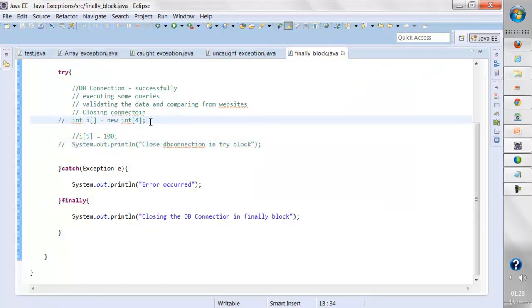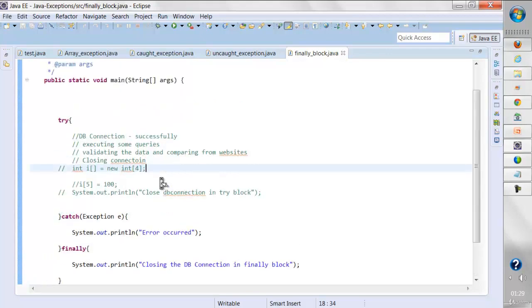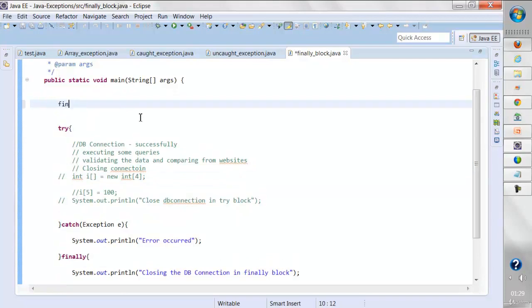In interviews, it is sometimes asked what the difference is between final and finally. Many times people get confused about this. Finally is used with try and catch blocks in exception handling. And if I talk about final, let's say I write final int